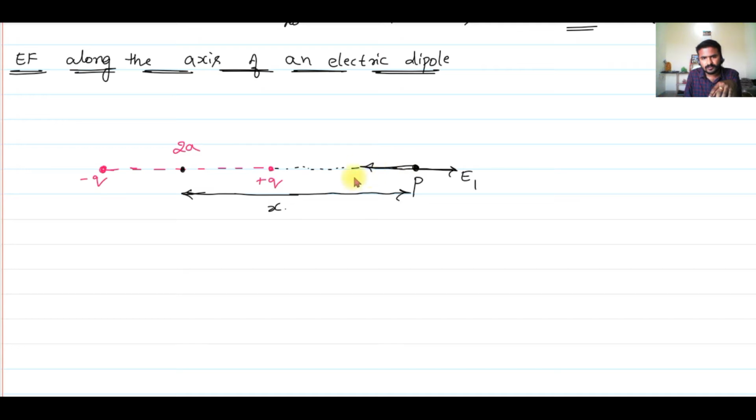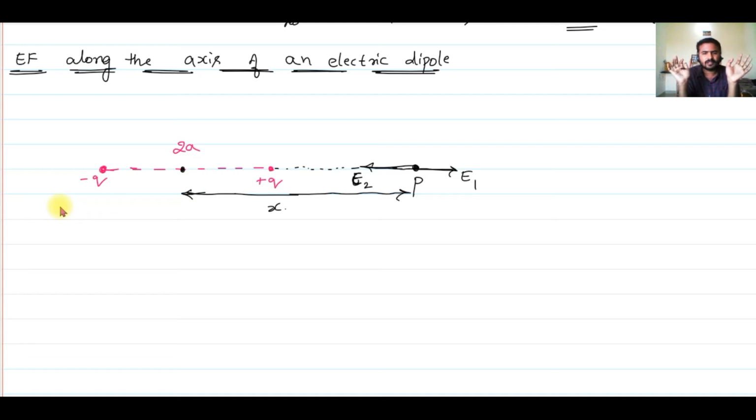Let me call that E2. So E2 is the electric field due to which charge? Due to minus q, due to negative charge. Okay, and now at that point P, there are two electric fields, right? One is to the right and the other to the left. Now how do I find out the resultant? So the resultant will be the electric field to the right minus the electric field to the left. Okay, directly I can do it like that, or I can do vector addition. Vector addition of both the electric fields will automatically give you the resultant electric field.